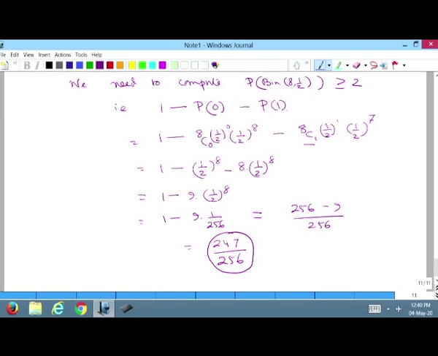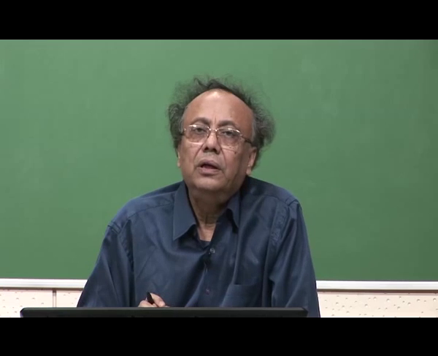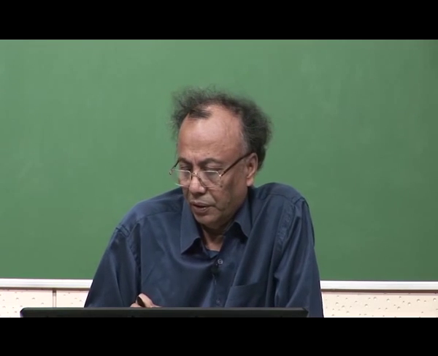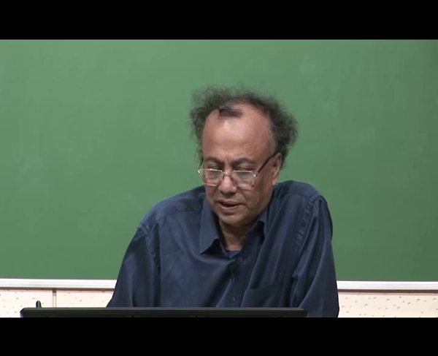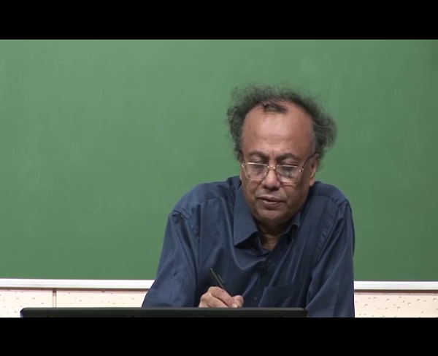So, that is the probability that the random variable will take value greater than equal to 2. So, these are some simple problems on binomial distribution, and with that let me go to discussing use of